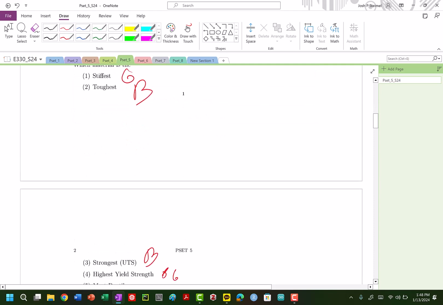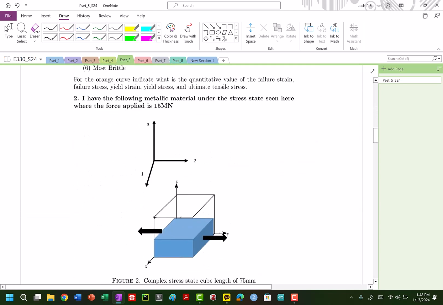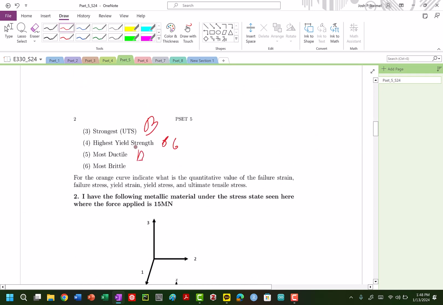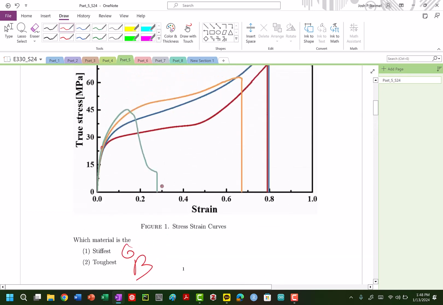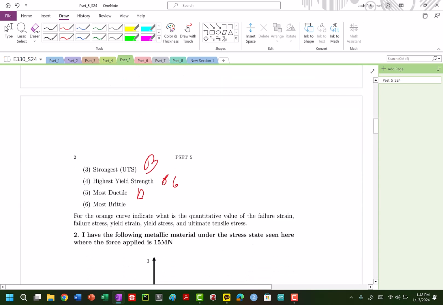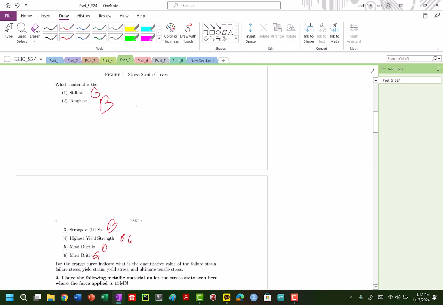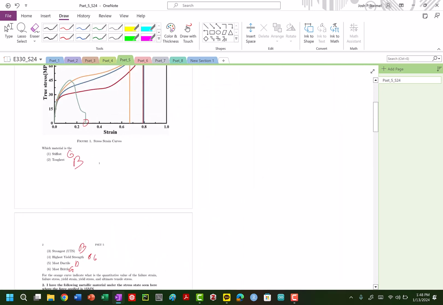Most ductile is going to be the highest strain at failure, which also looks to be blue. And then finally, most brittle, lowest strain at failure, that's going to be our green. So we can list that out. Fantastic. For the orange curve, indicate the quantitative value of the strain at failure, failure stress, yield stress, ultimate tensile